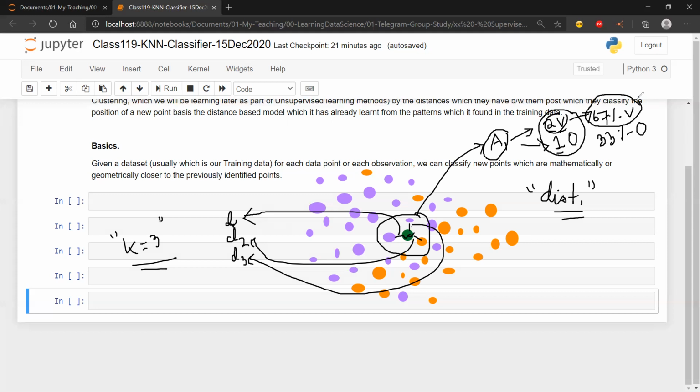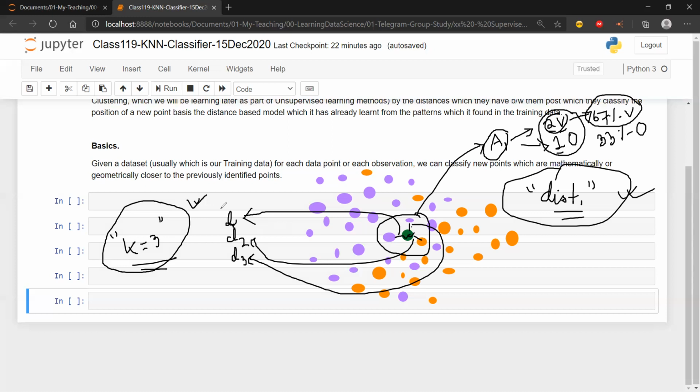So what I have done over here is very simple. I have given the value of k, which is an input parameter, and by means of some distance calculation, this is what we have to study. That's the only math we have over here. Other than that, we have no math, because this number is something you provide as an instance variable. When you create an object of the k nearest neighbor classifier class, you have to pass the value. By default, sklearn gives you some value, but you can also override that and pass your own value.